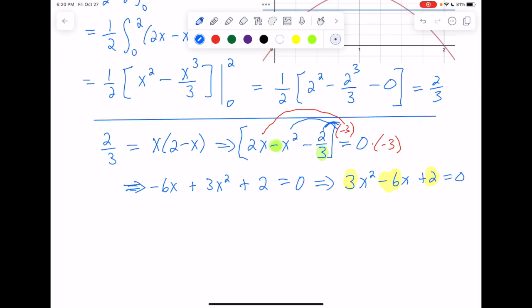So I multiplied by 3 to get rid of fractions. Now I'm going to backtrack on that a little bit. I'm going to divide everything by 3, because when you complete the square, you want it to just be 1x squared. If you were going to use the quadratic formula, the multiplying by 3 that I did would be very useful, because then you don't have fractions in your quadratic formula. But if you're going to complete the square, you need the lead coefficient to be a 1.